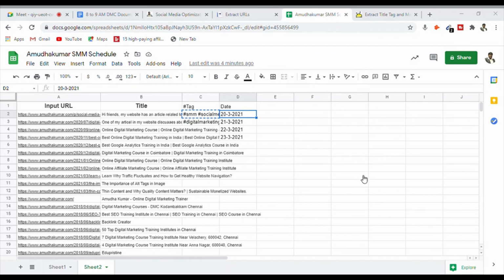Can you see this? I have scheduled the post. The same way, I can schedule the post for the day after tomorrow, and for the next day, like this. So this is basically scheduling these posts. These posts will automatically be posted at the scheduled time. All you have to do is go to Instagram, Facebook, Pinterest, or a different platform, and on each and every platform you can schedule your posts.